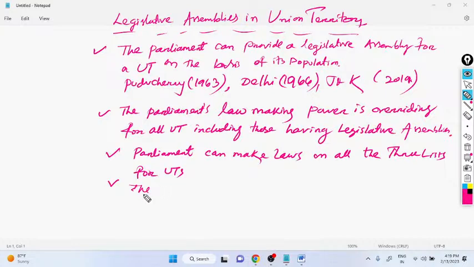The UTs, the Legislative Assemblies of Delhi,